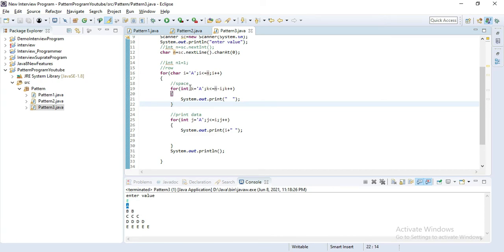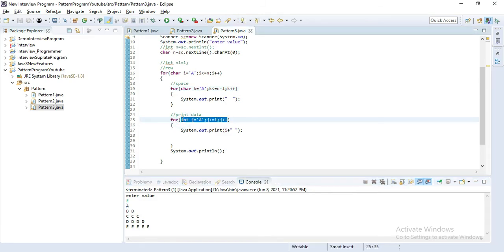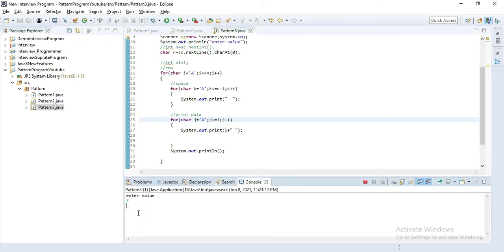If you can see here, we mentioned int k. I'll simply define it as a character here and run one more time. Let's check whether it works now. You can see this time it's also not working. Why? I also have to change it here. Let's change here too, save, run, and enter e. You can see it's still not working.